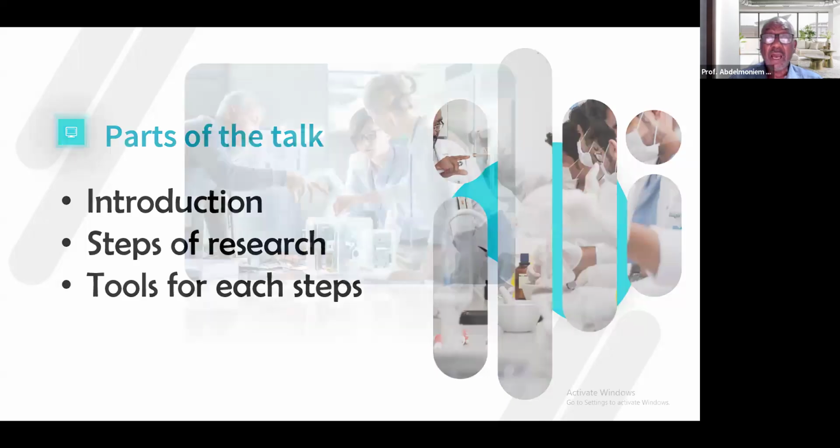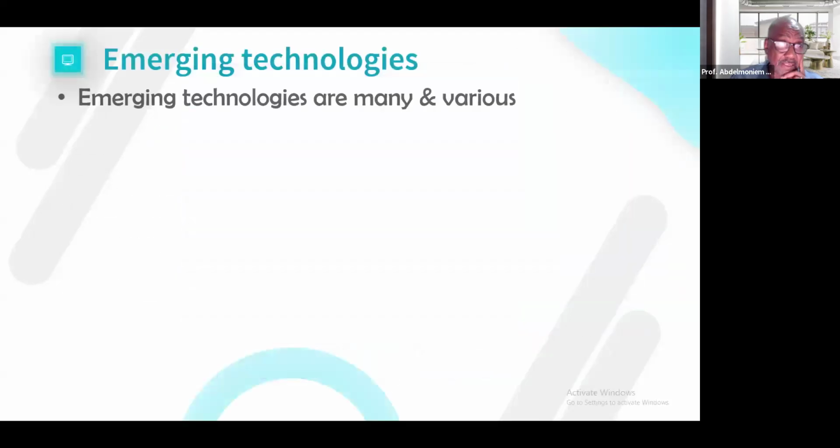You probably know that there is something called emerging technologies, and you are probably already using some of them. These emerging technologies in Arabic are called التقنيات الصاعدة or الناشئة or البازغة. And these are too many. You probably know a lot of them, but today I'm going to focus on artificial intelligence emerging technologies. There are many, and they are various, used in different fields.